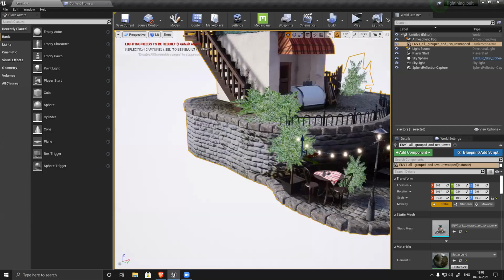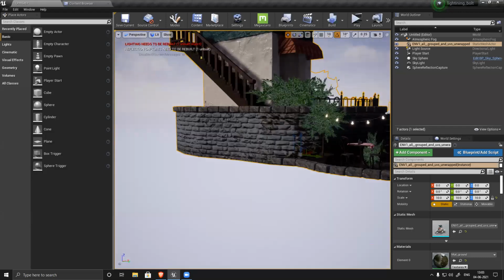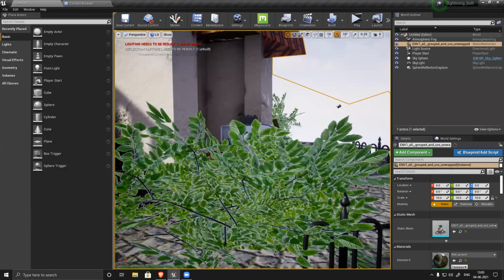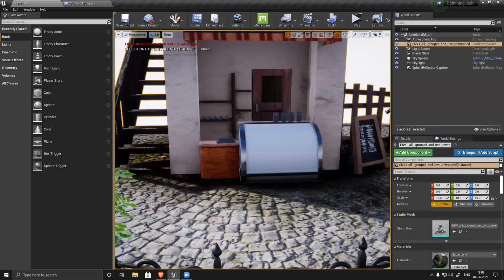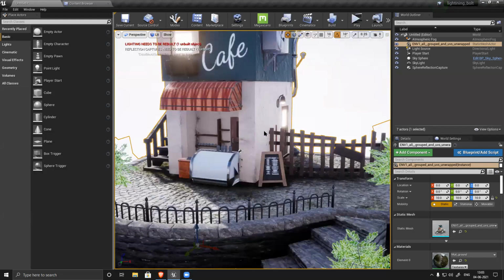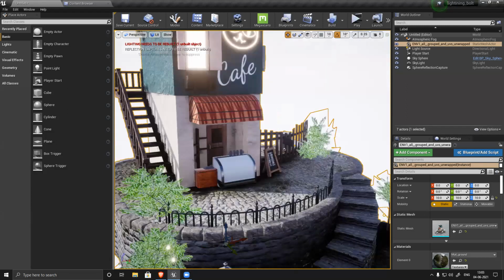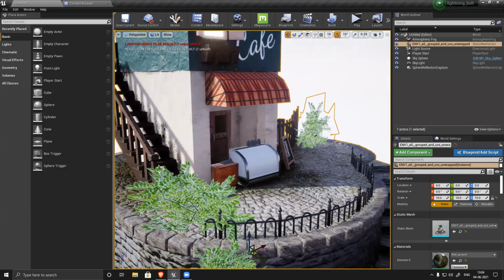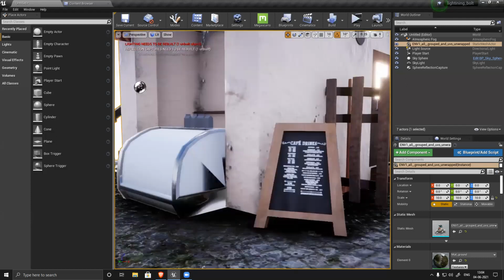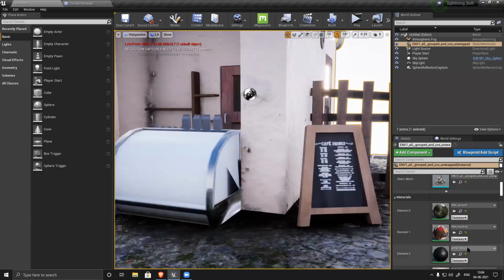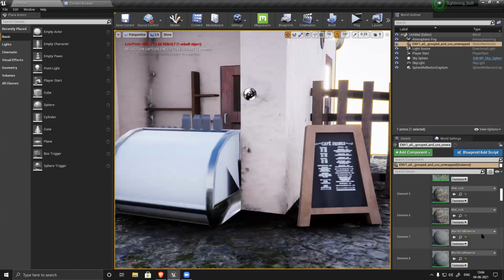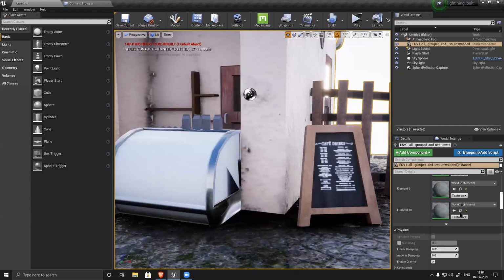Now you can see your building is glossy, but it's not as glossy as it used to be previously. It's fine. That's because of the setting I changed to mask. I see. Now for this, you have to apply a material, right? So let's see, we don't have a glass material applied here.